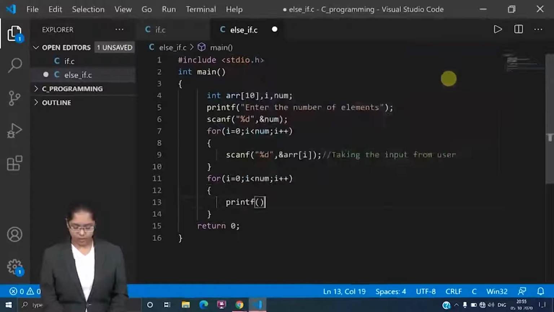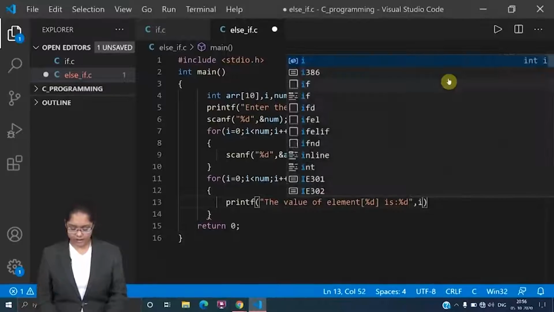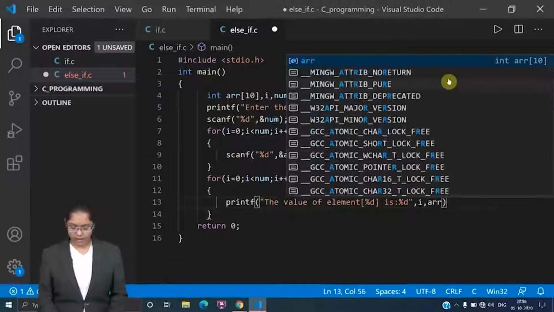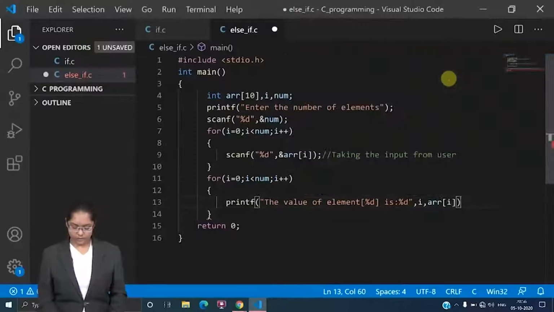Here I have to print the value of element %d is %d, where the first %d is for my i, and the second %d is for my array, for printing the value of the array.